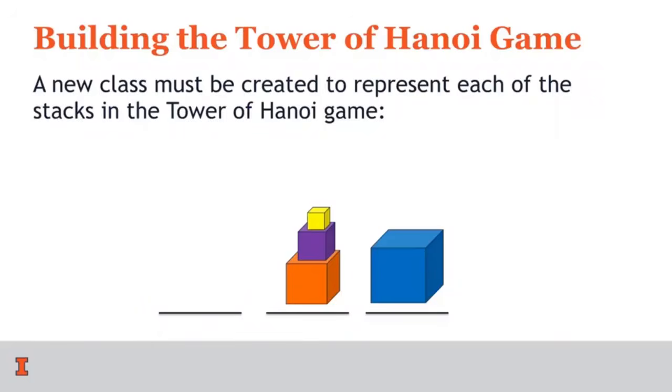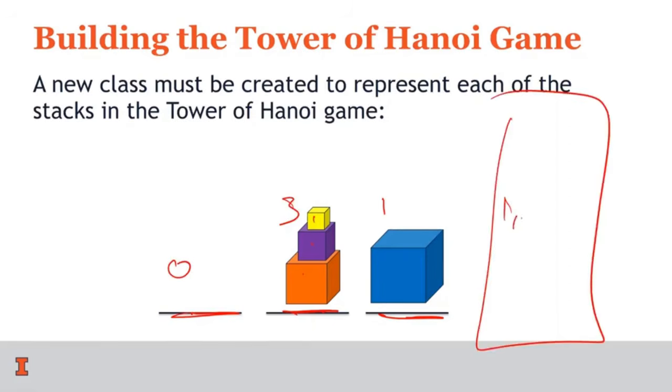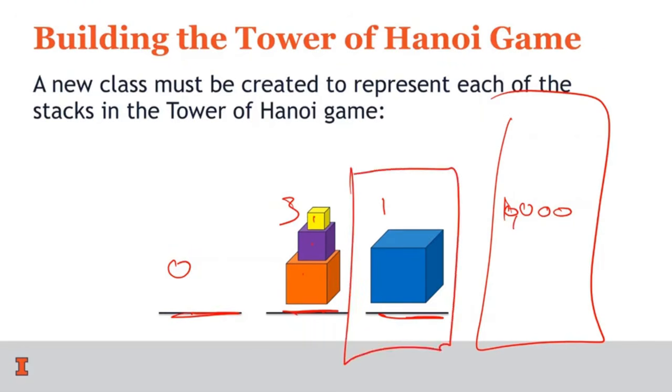Next, I want to focus on these stacks. Each stack has a series of cubes on top of it. We don't know how many cubes there are. There may be 0 cubes. There may be 3 cubes. There may be 1 cube. And who knows, we might expand this game and there may be 10,000 cubes here in this last stack. We don't know. So because we don't know, an array or a vector in C++ is a great way to represent this. So every single stack needs to contain a vector of cubes